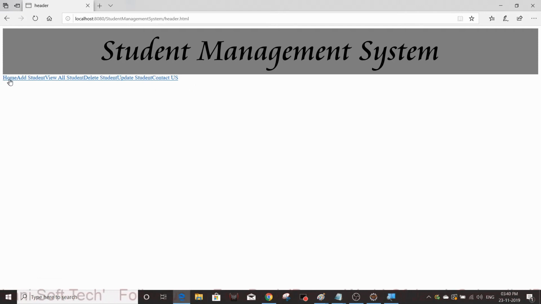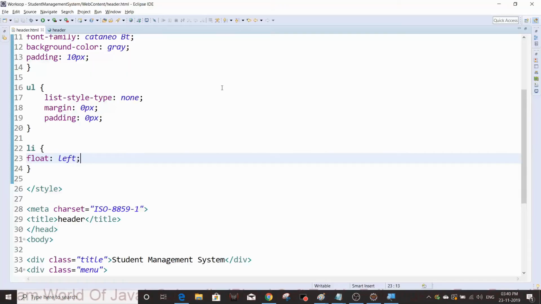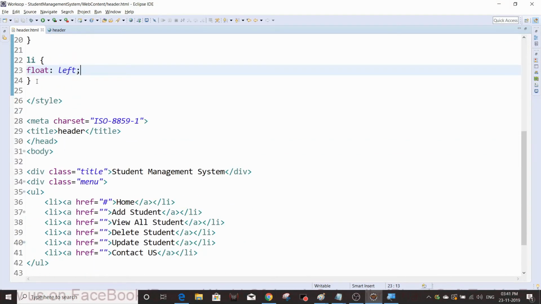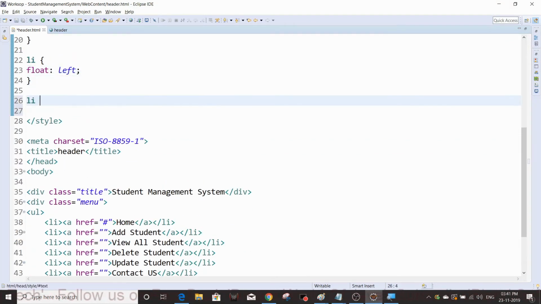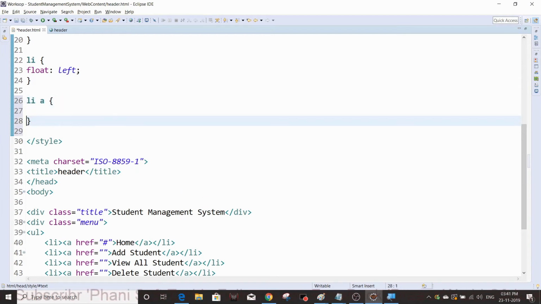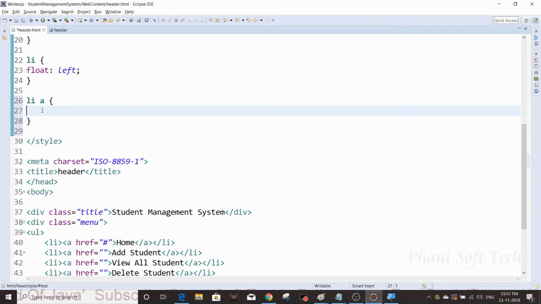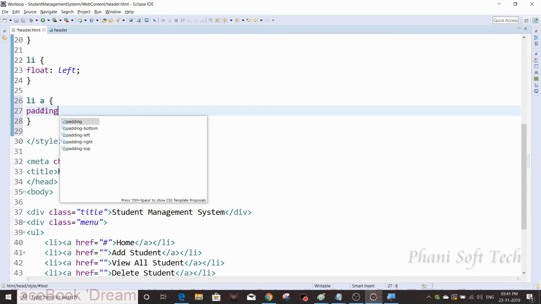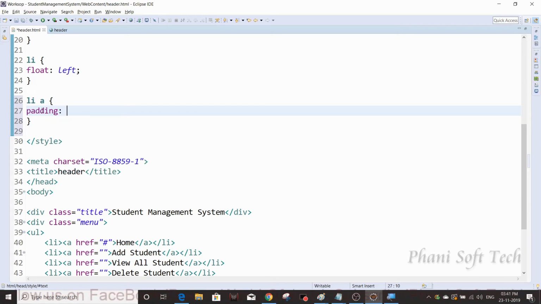Control S. Now see, okay, every entire data is going to display horizontally. Okay, now I need some padding. I mean I need some space between the elements. That's what I'm going to give to each and every element, right? That's what I'm giving list item along with anchor tag. So padding, I'm going to give like 14 px, and like 18 px.